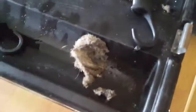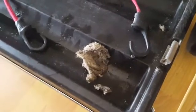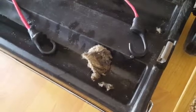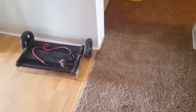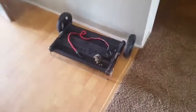This is the kind of nasty matted stuff that it actually pulls out of the carpeting. So some of this is just loose carpet fibers, but you can see hair and dirt in there and all kinds of other stuff. The loose carpet fiber actually becomes an allergen. If you have respiratory issues, breathing loose carpet fiber is probably not a good thing, because for the most part, it's synthetic. It's not good for your body. There's glue, there's all kinds of plastics and whatever else they use to make these